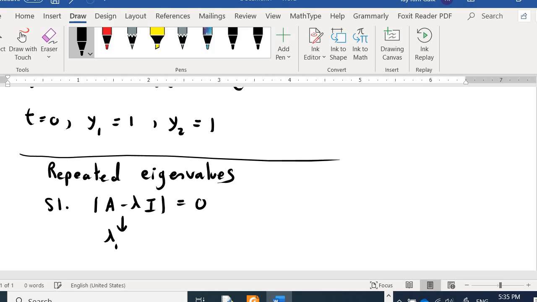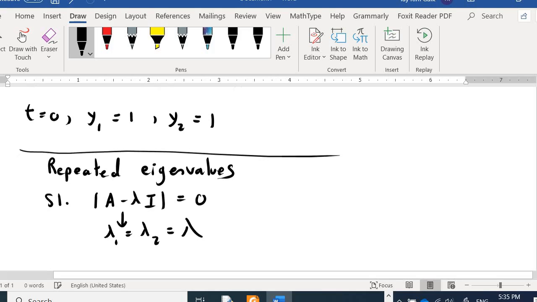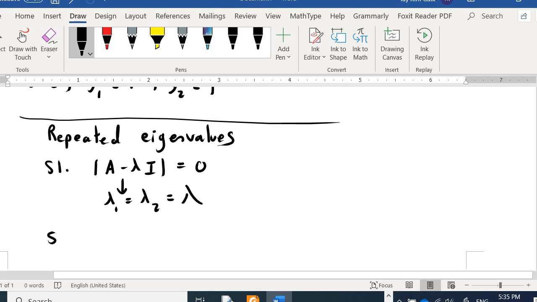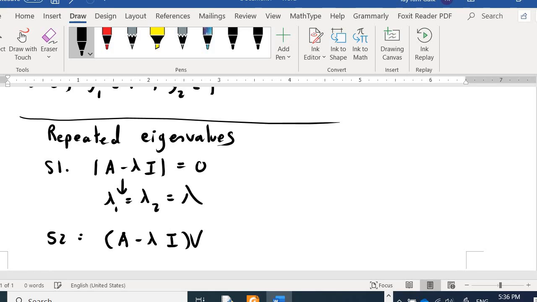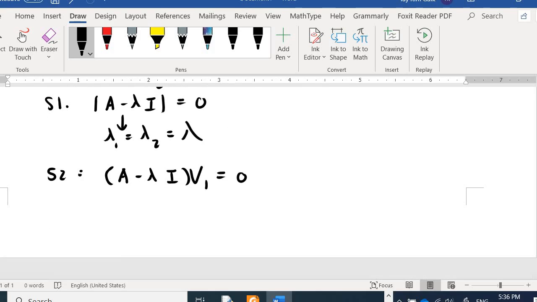You obtain lambda 1 equal to lambda 2 equal to lambda. Second step, you solve (A minus lambda I) V1 equal to 0. Okay. Third step, you solve (A minus lambda I)